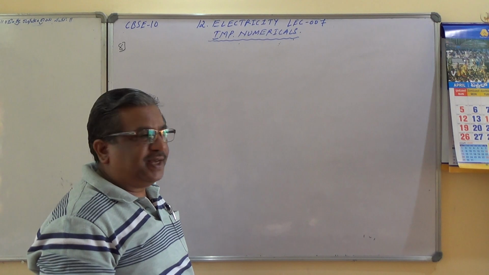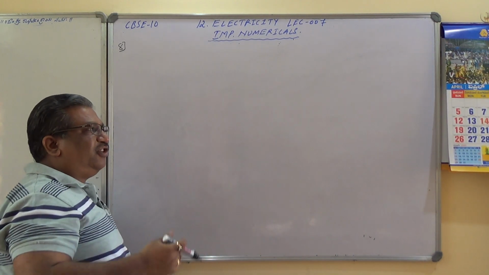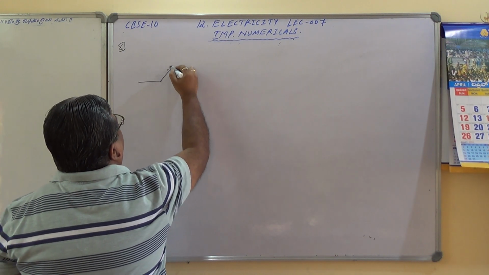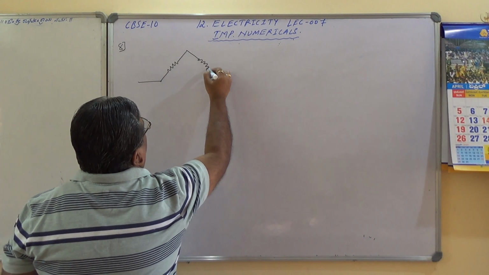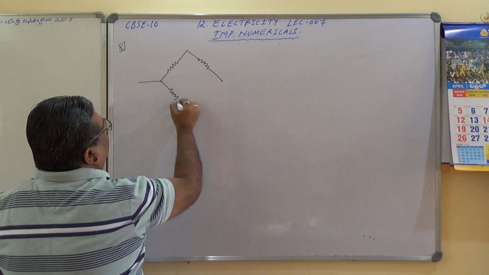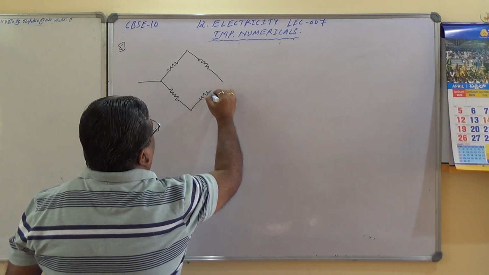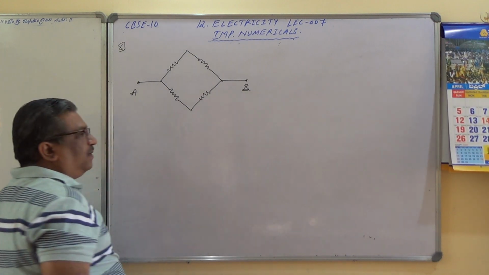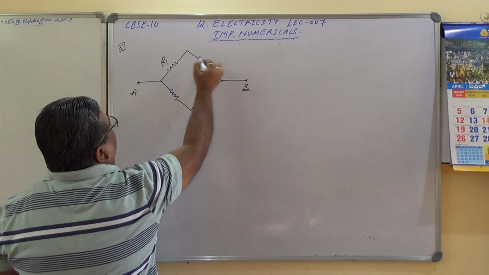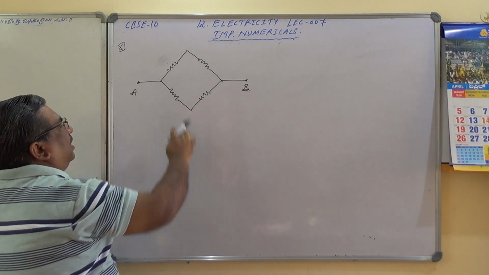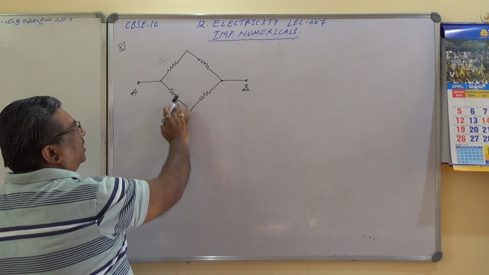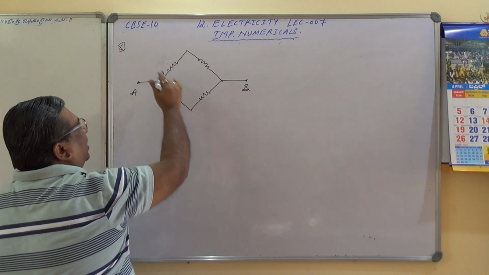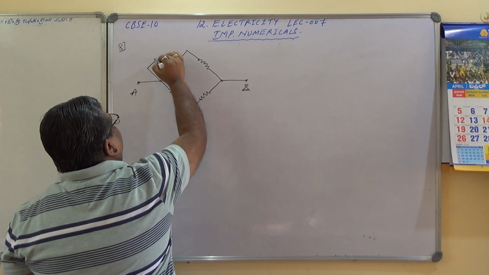Here let me take one more very typical sum. See, it is the extension of the previous sum which I considered. These are the two terminals across which the potential difference is applied. If this is the given circuit, these two are in series, these two are in series, both together in parallel combination, you can work out very easily. Now I am modifying this circuit a little bit. I am connecting one more here, this way,